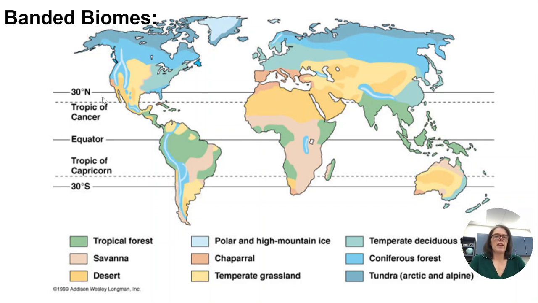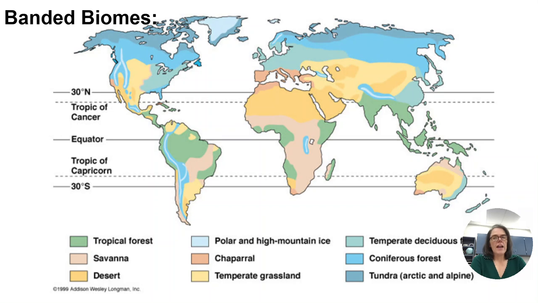And we notice, of course, at 30 degrees, we have our deserts. We looked at the satellite picture just a second ago. This is just a drawing of those. We have the deserts across here at 30 degrees south, and we have these green tropical rainforests across the equator, generally speaking.